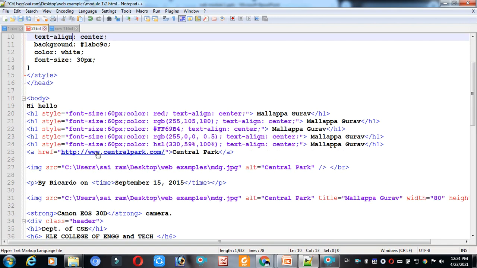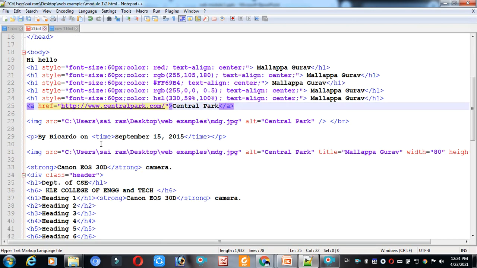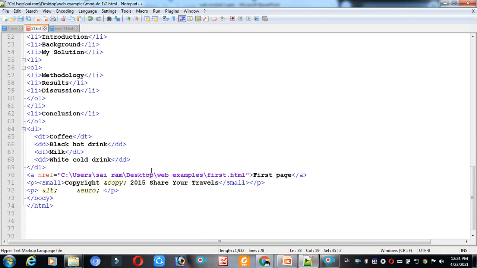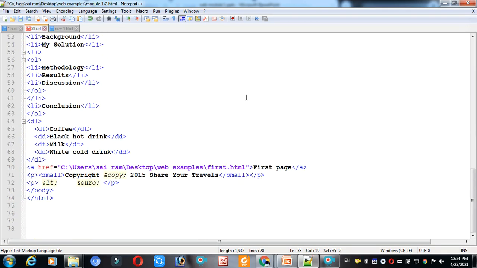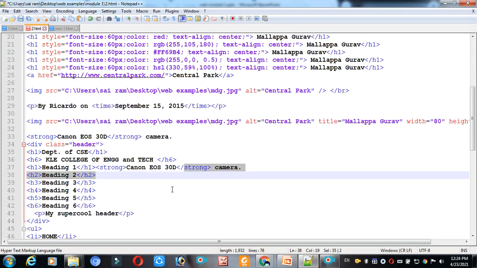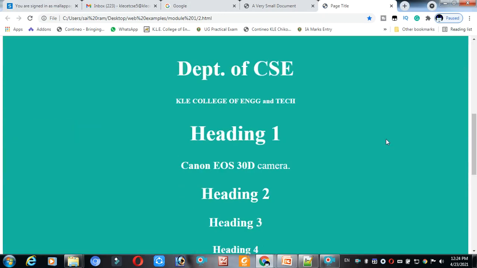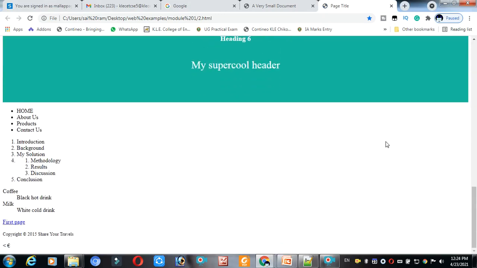Again, in the body part, the style you are writing here implicitly. Images you are taking, paragraph you are taking. These are the elements. In detail, we will discuss them as and when the concepts come, one by one. We'll execute it, see what happens, and check here. This is all about the output of that code.